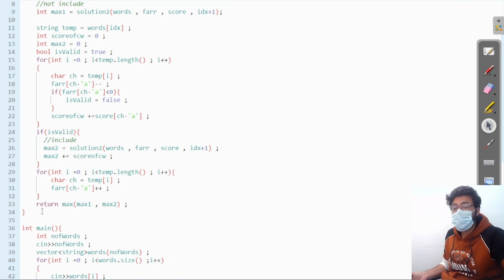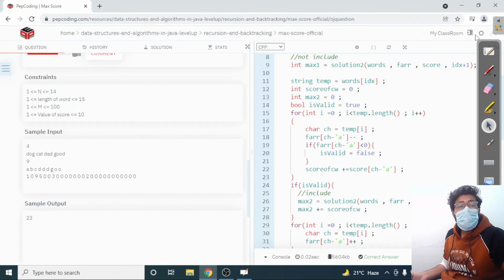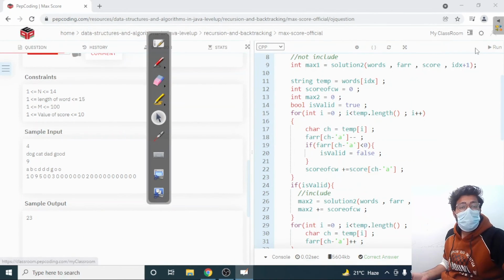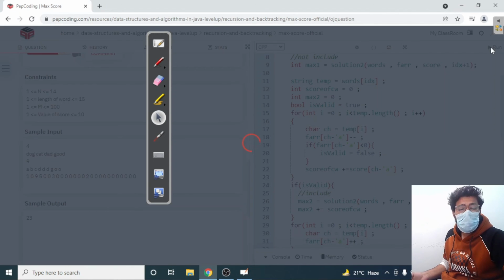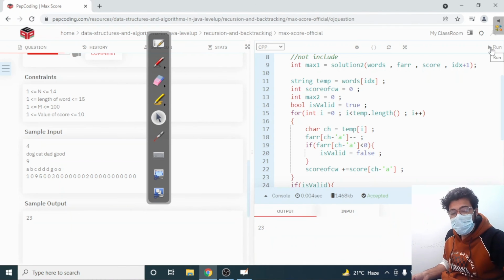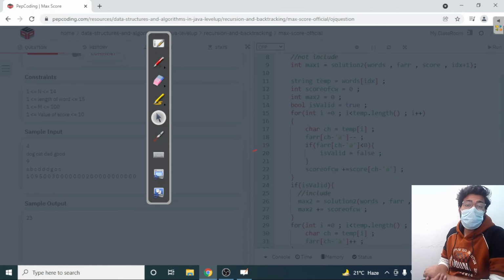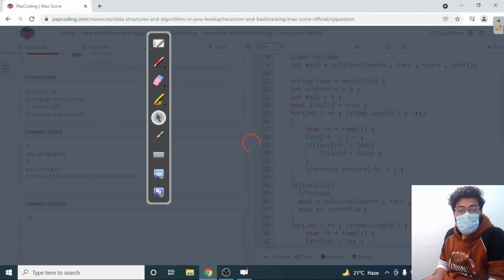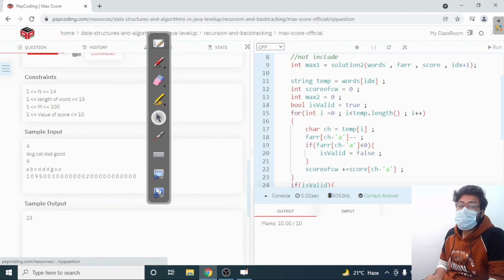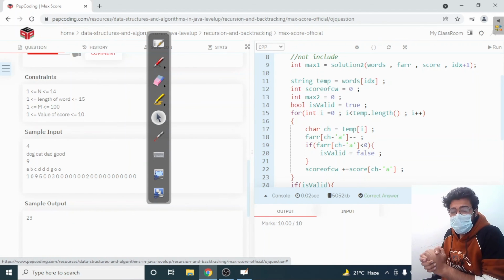And at last I just need to return the maximum of 1 and 2. So let's try to run this code. If there comes any problem of compilation, then we will try to solve it again. It's not a big deal. Very good, it is accepted. Now try to submit it. Okay, very good, correct answer. So if you understand the concept of this question, how we have to do it, and the basic logic behind it,